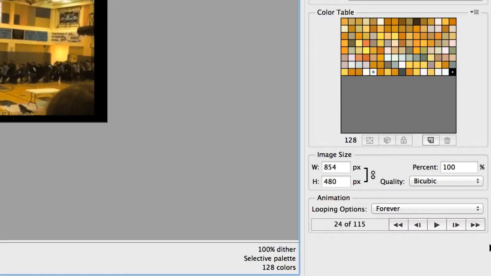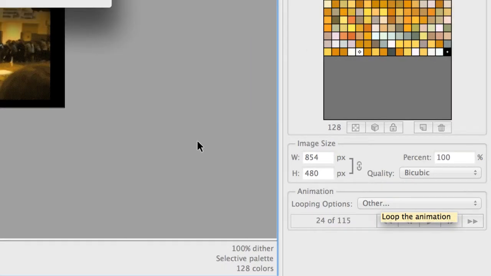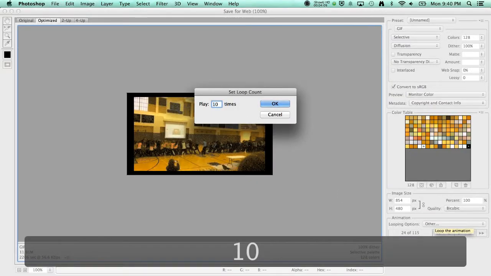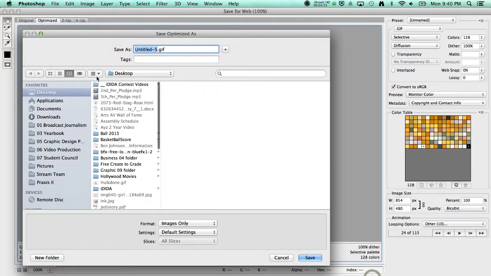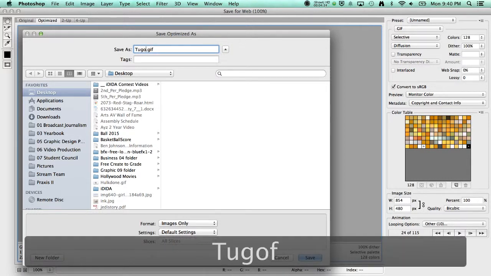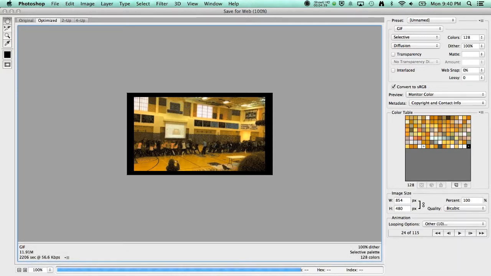Finally, our looping options here at the bottom. I'm going to go ahead and have this loop, let's say, 10 times, just for instance. If you want, you can preview this in a browser, so you'll see exactly what it'll look like on the website that you're hoping to put it on. I'm not going to go through those steps, but you can do that to make sure that it's right. Finally, you say Save. Make sure you know where it's being saved. If you don't see the whole menu, click the little arrow where it's being saved, and I can just call it Tug of War GIF, and it'll go through a little process here, and by the time it's done,